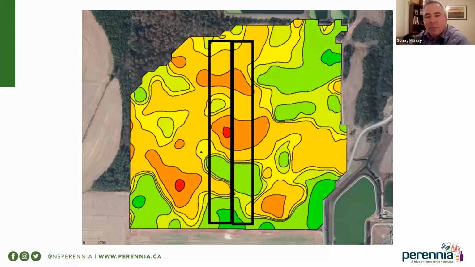So when we're putting our plots out on the field, we want to pick a field that is very uniform in order to decrease that variability. If we have too much variability in the data that we're creating, we're not going to have a very strong relationship between the results we're finding and the outcomes of that trial. So on the next slide,